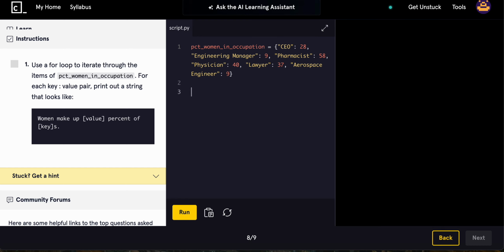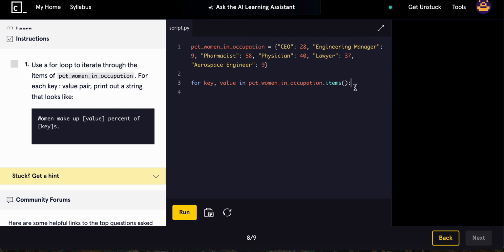All right, so we'll do for key, value in the dictionary dot items. I would write it out, but why waste that extra time, right? And we simply do print